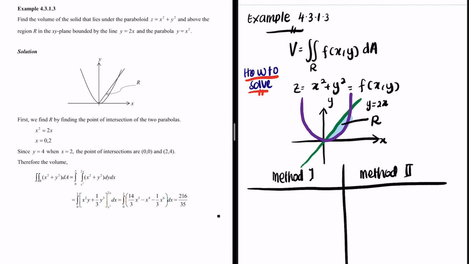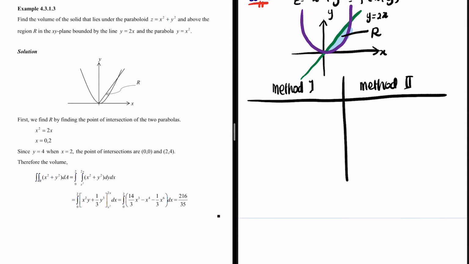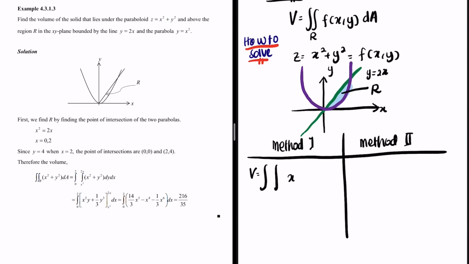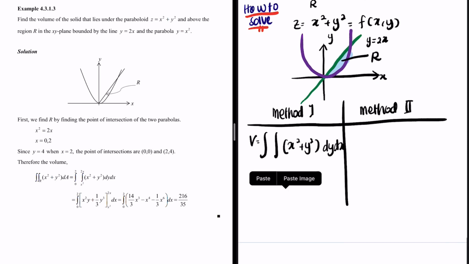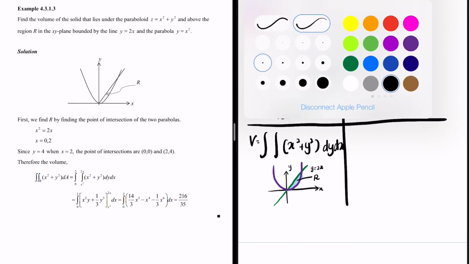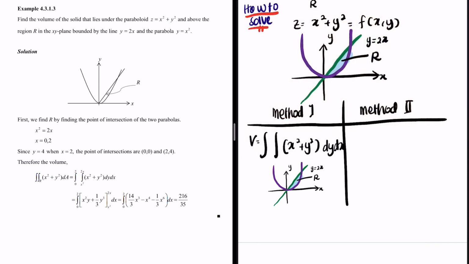Okay, right after this, what should I do? Again, I'm going to write down the formula, which is V is equal to the double integral. Again, the function is x squared plus y squared. Method 1 represents type 1 integral, which is dy dx. So when I have this type of equation, what should I do? Let me copy first. I need to sketch